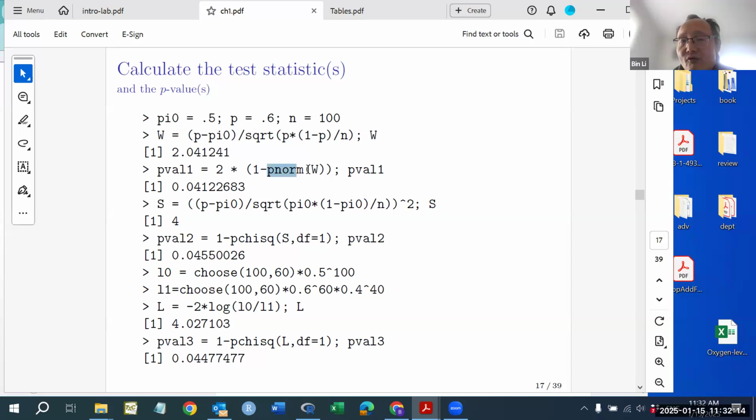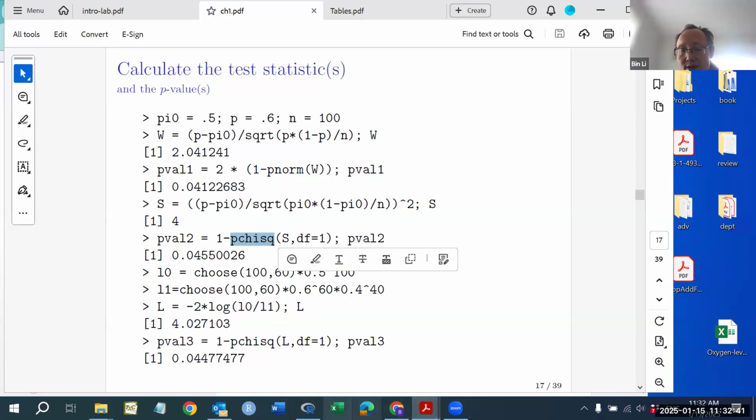I use several functions in R, like pnorm, sqrt, that's the square root, and pchisq, that gives you the probability based on the chi-square distribution with degrees of freedom 1. If you want to check what pchisq means,